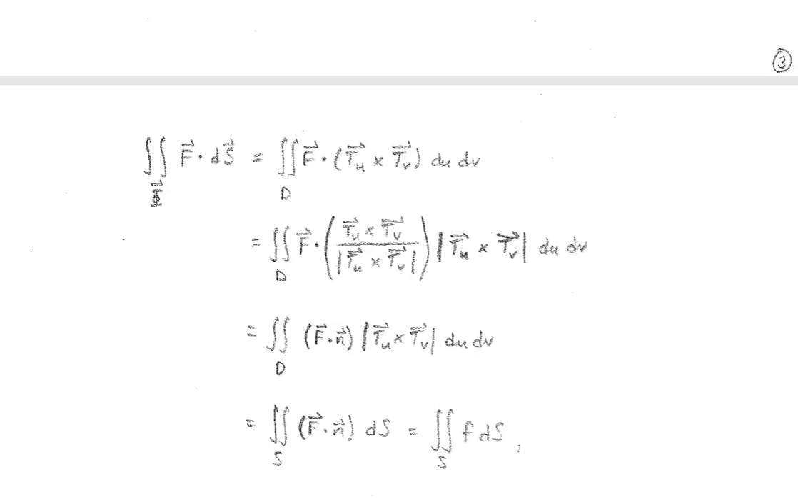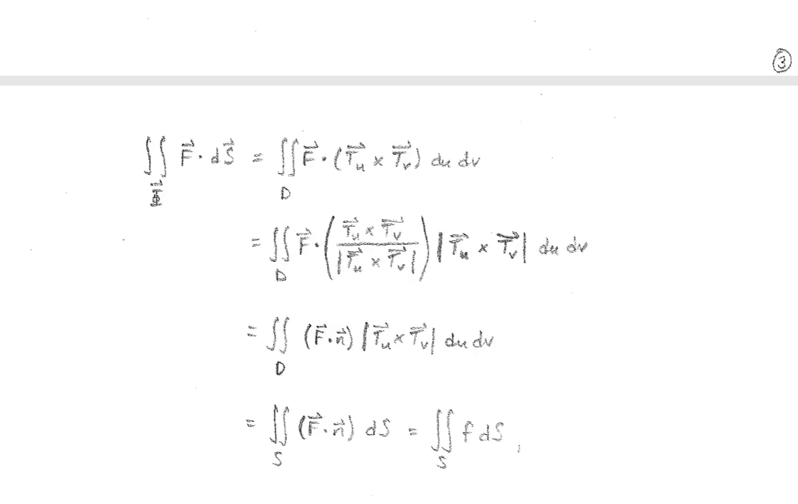Now that t sub u hat cross t sub v hat, divided by the norm of t sub u hat cross t sub v hat, is our unit normal vector, we just make that substitution in there. So we're left with capital F hat dot n hat, my apologies, times the norm of the